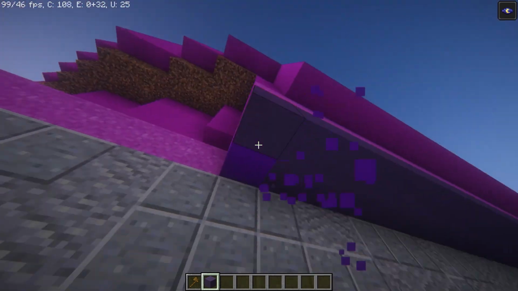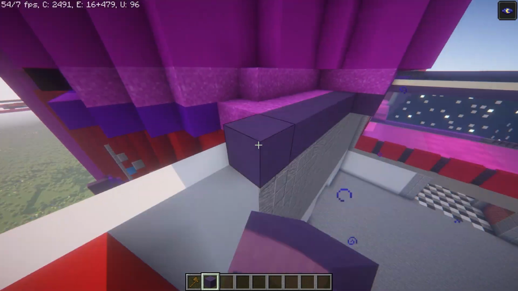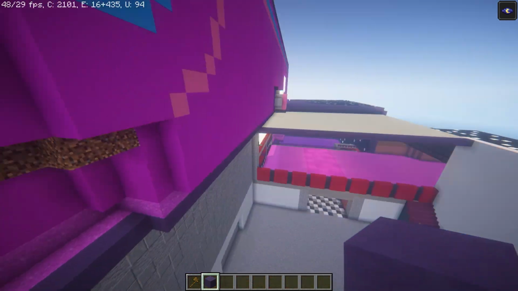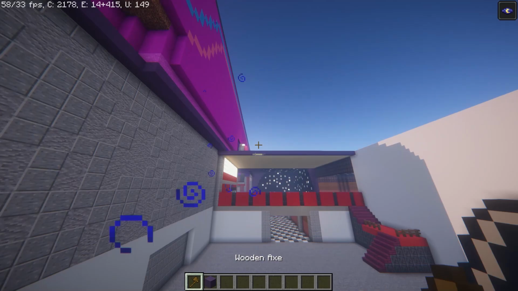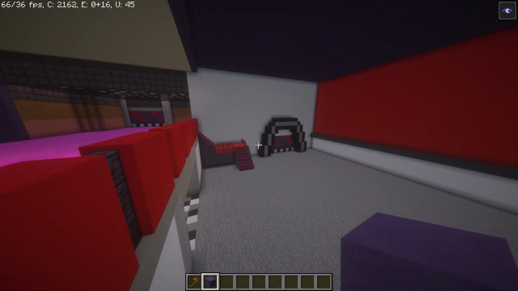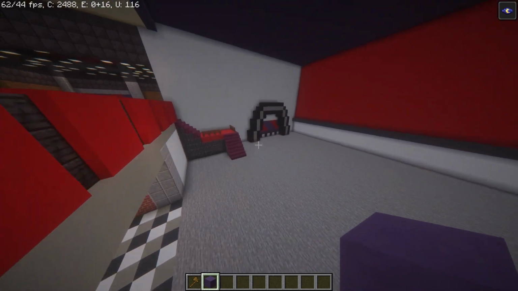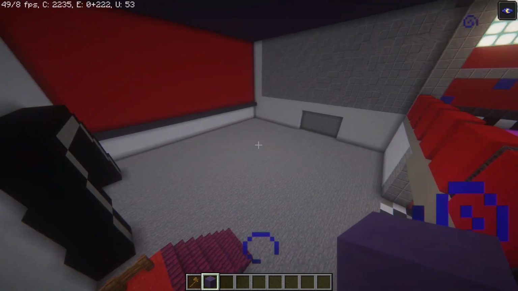So now, just go ahead and fill in this whole entire section here. Everything here, just fill it all in with blue terracotta, and I will show you what it looks like once it is all complete. Alright, there we go. That is the Roxy Raceway sub-entrance all complete. Yes, it does look very bland and very boring, but trust me, once we decorate...